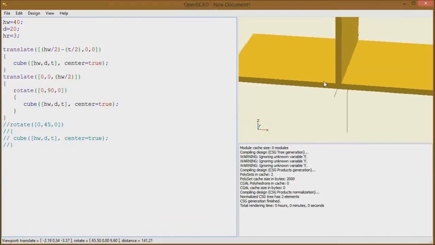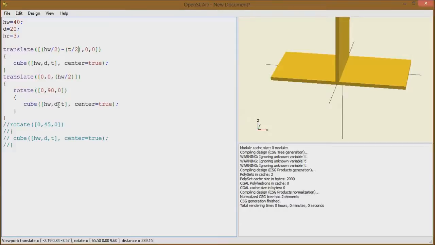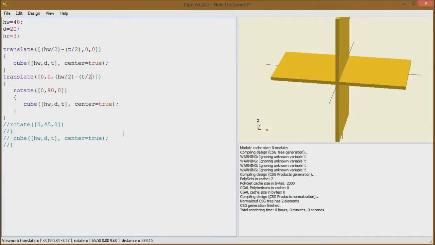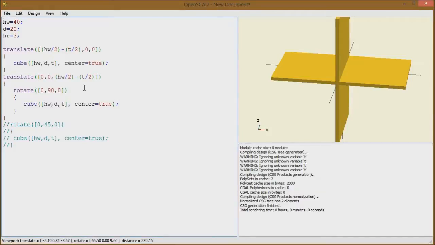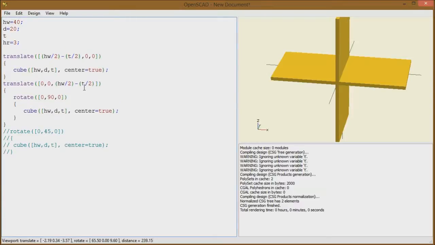What did we do wrong? And we want to do the same here, minus T divided by 2. Oh, sorry. We have not specified a thickness variable, which I think is the... yes. Okay. So sorry. Let's specify T equals